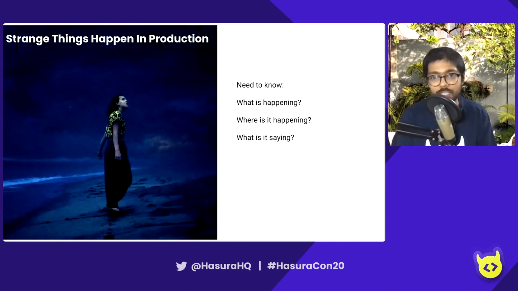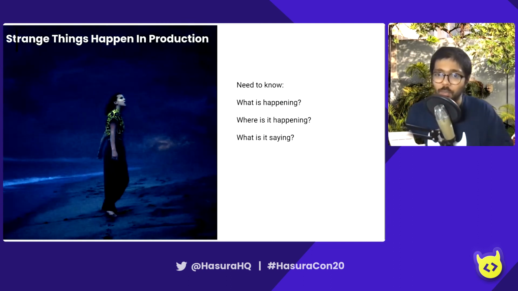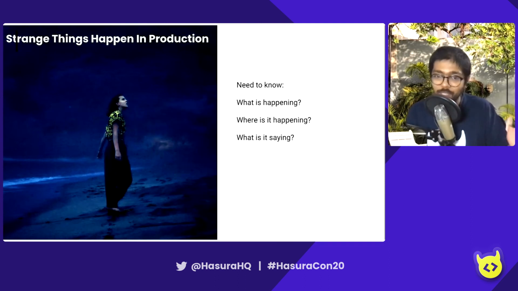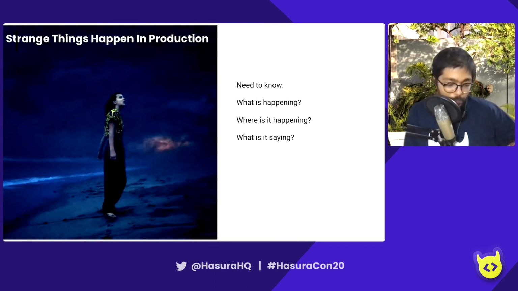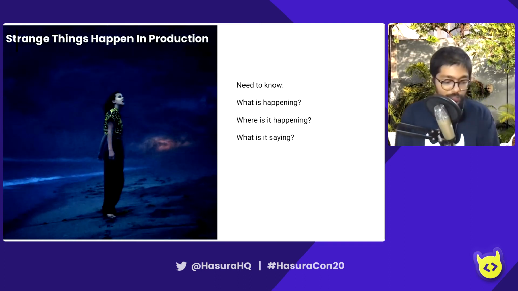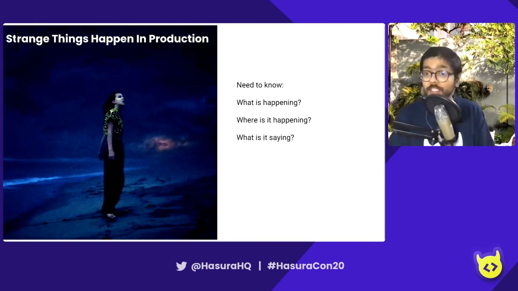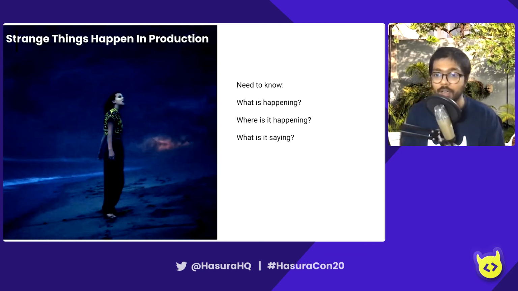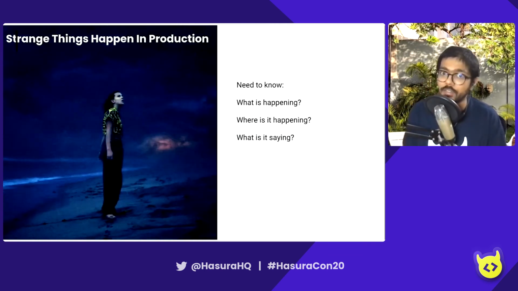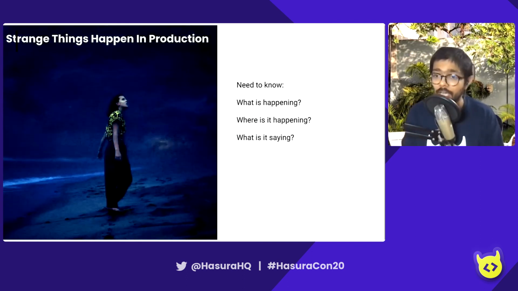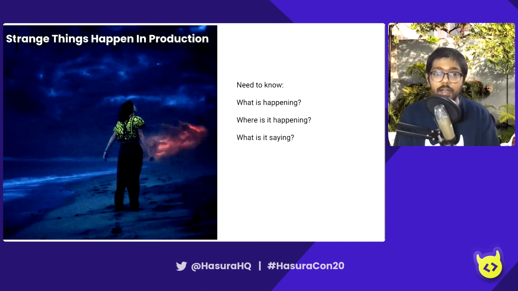And with those strange things, you need to know what is happening, where it is happening, where the problem seems to be, and what it is saying, right? And so it's inconvenient. Because this has been inconvenient for a while, there have been several developments that have made this easier. One of the biggest is distributed tracing and the rise of a distributed tracing standard